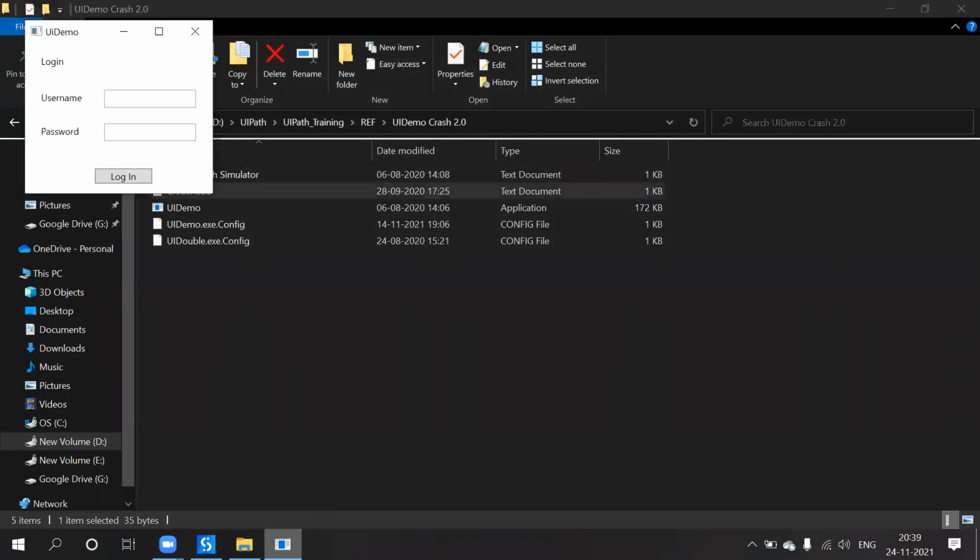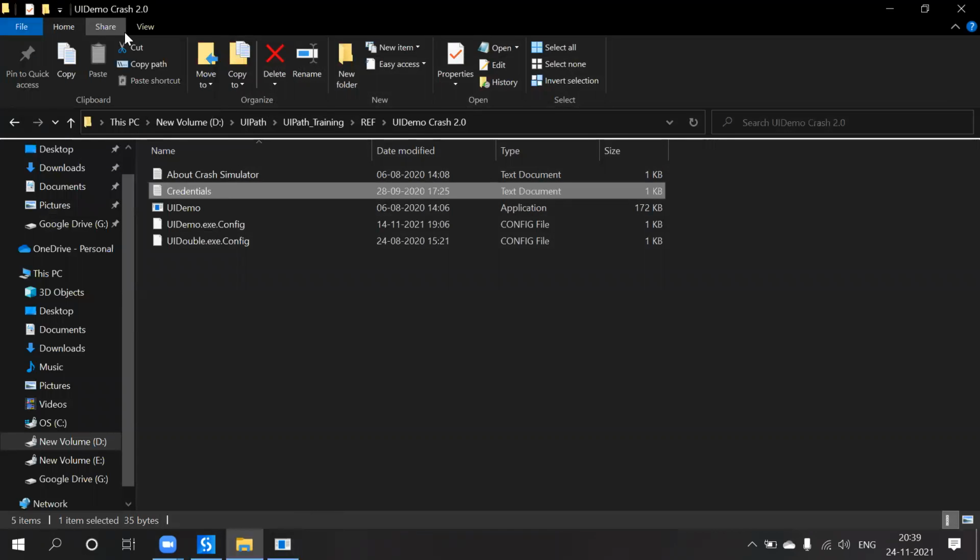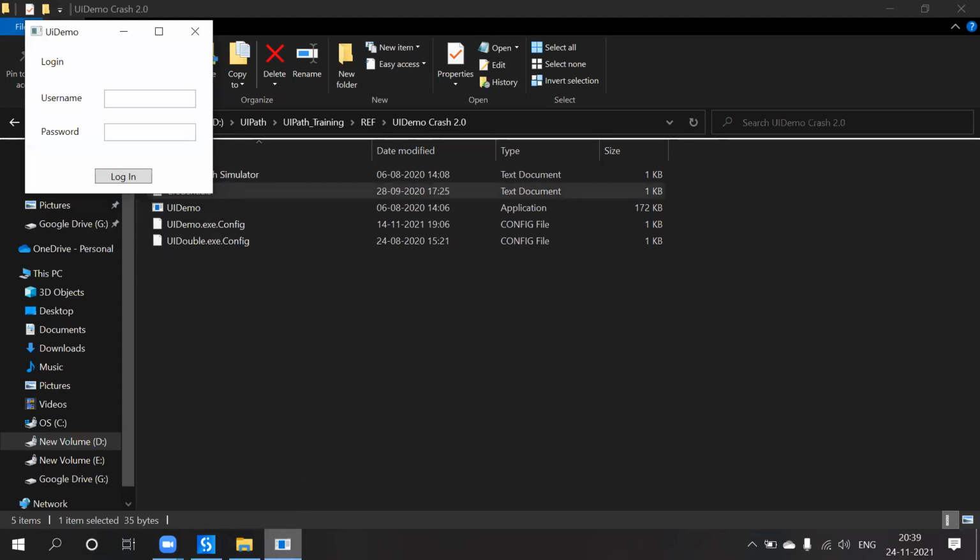So what I need to do, I have to provide username and password. So in order to provide, usually